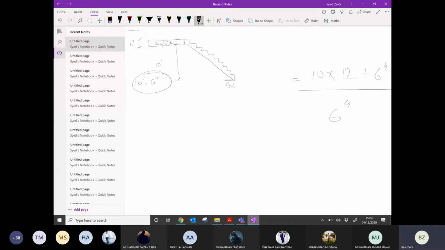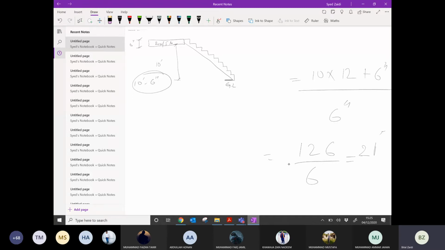Just assume the height of one riser is 6 inches, right? So 126 divided by 6 will give you 21. So 21 steps you need. If the height of one riser is 6 inches and total height is 10 feet 6 inches, you need 21 risers.